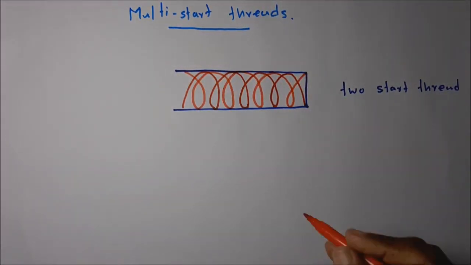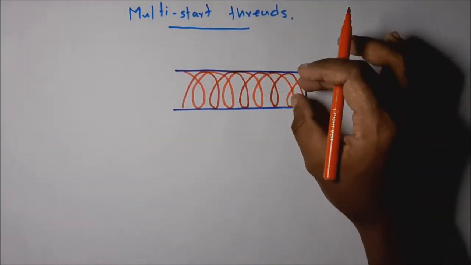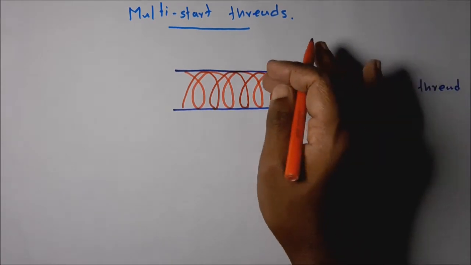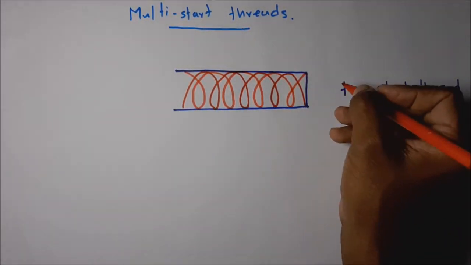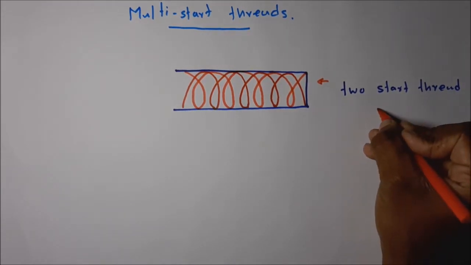You can see two thread profiles, two threads are there on the single screw. That means if we look from this direction, we can represent